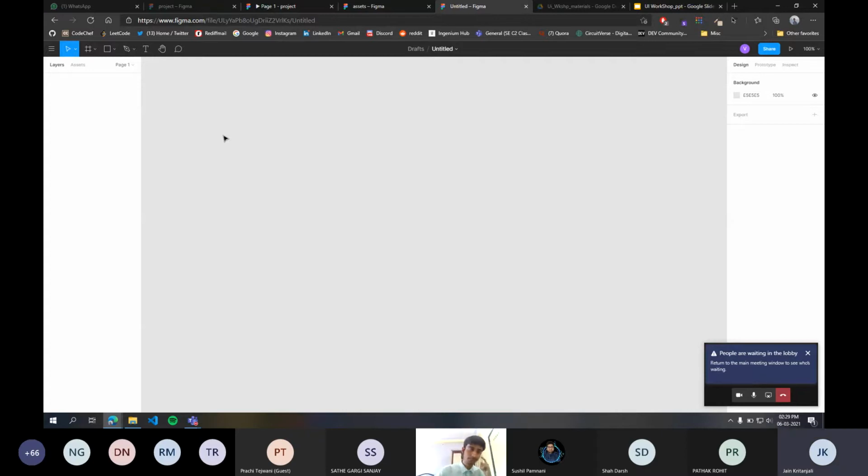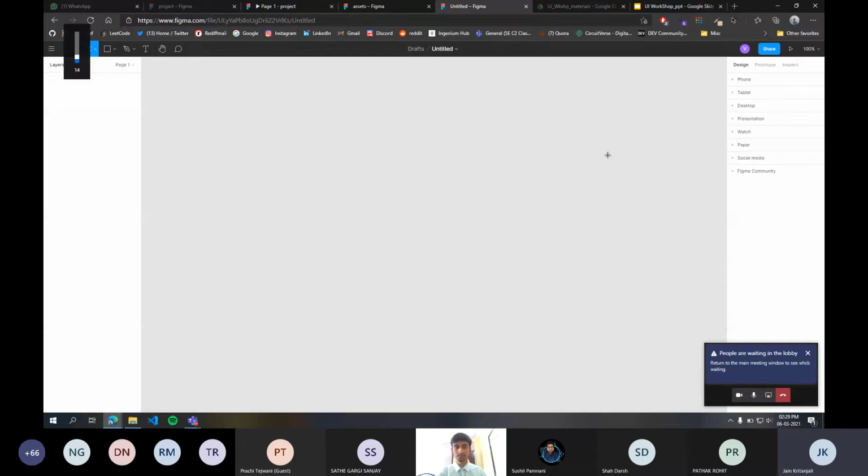Hey guys, so let's move on to exploring the different tools in Figma. So on the top left corner, you can see a lot of tools. Let's start from the extreme left. So first we have the move or the scale button, whose default keyboard shortcut is V. So it helps you to move around whatever layers you have reordered in the layers panel, or to resize your objects.